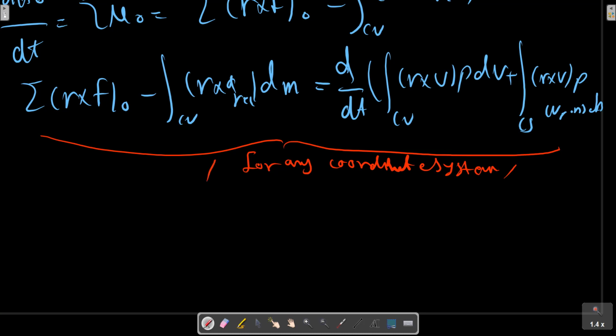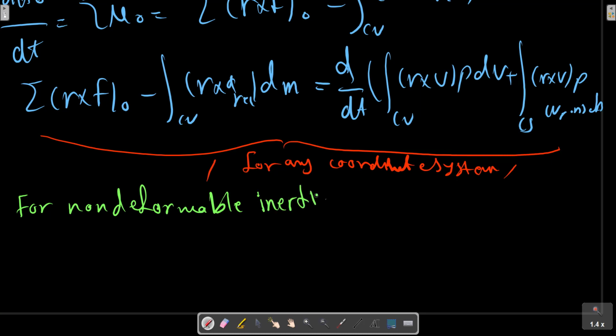Relative or non-relative motion may be included in this relation, but for a non-deformable inertial control volume, the second part on the left-hand side will be eliminated, and we can write the relation